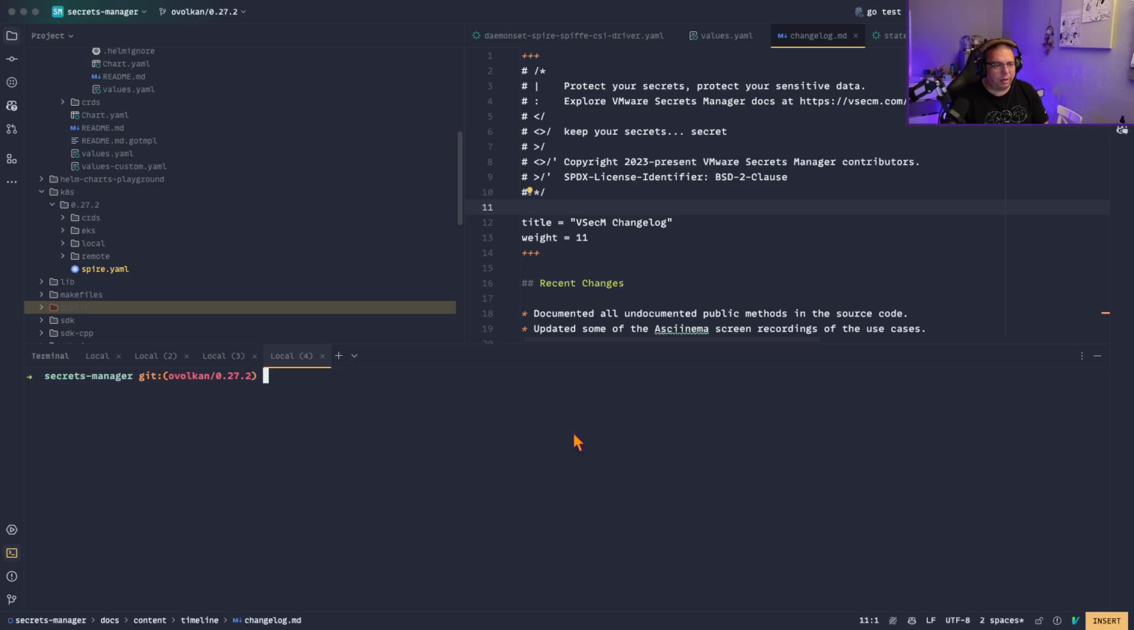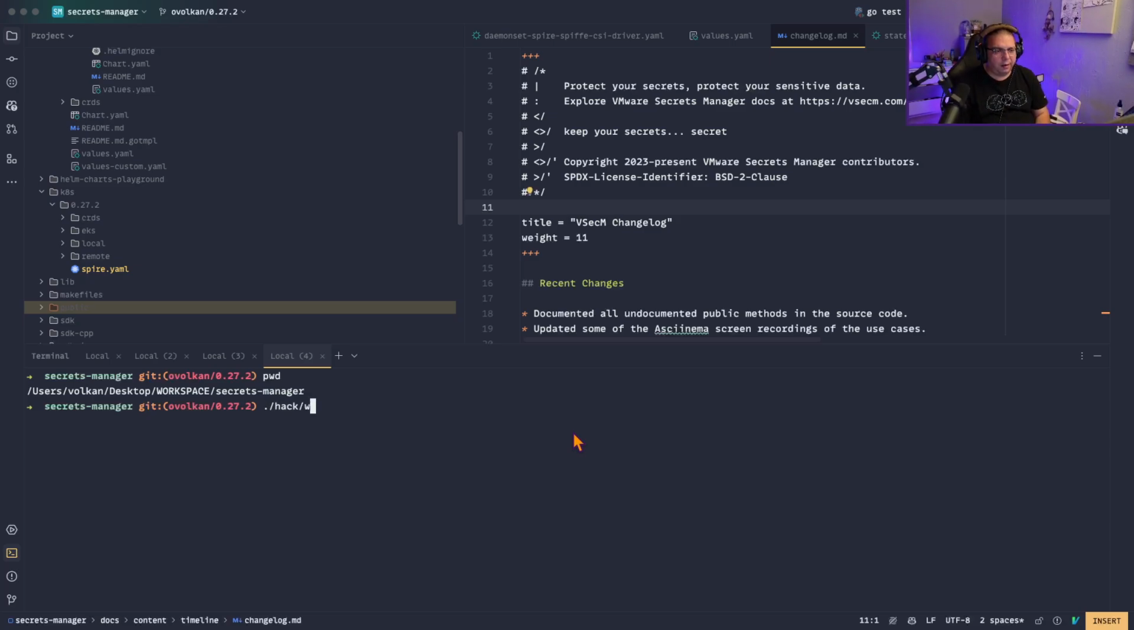Docker PS. Okay, I have a Docker registry. Where am I? I'm in the root folder. Hack web serve. To run the synchronization script, you will need